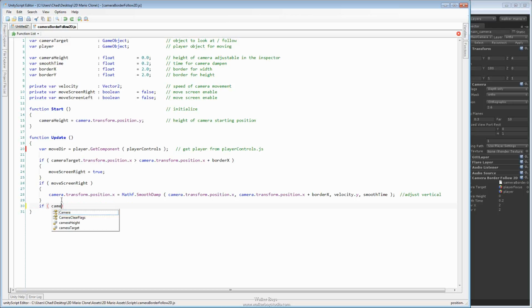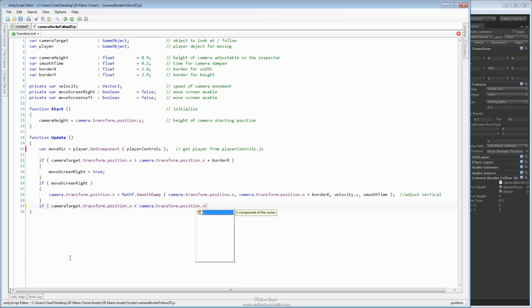We want to say that if the camera target, which is currently that focus point right above the character, if the camera target's transform position dot X is less than the camera transform position X,